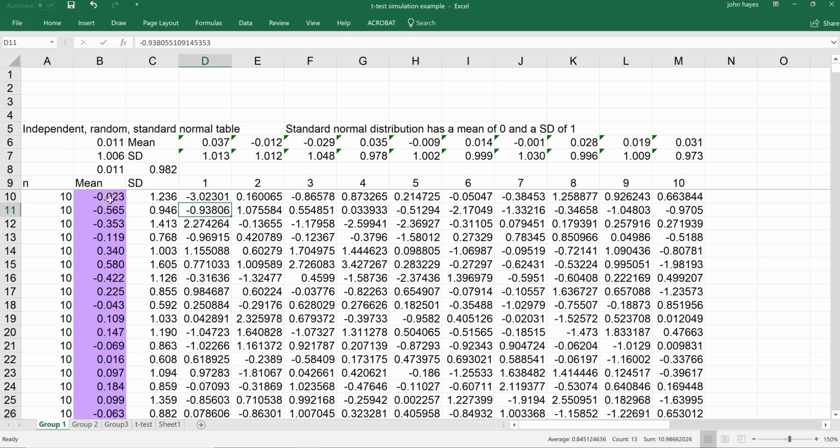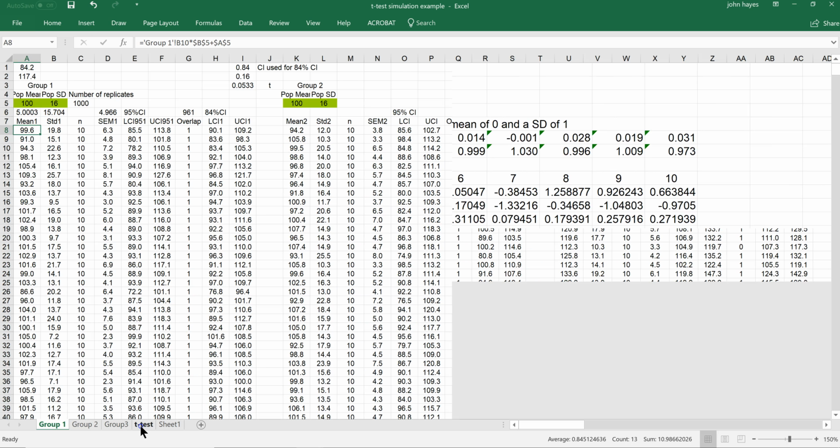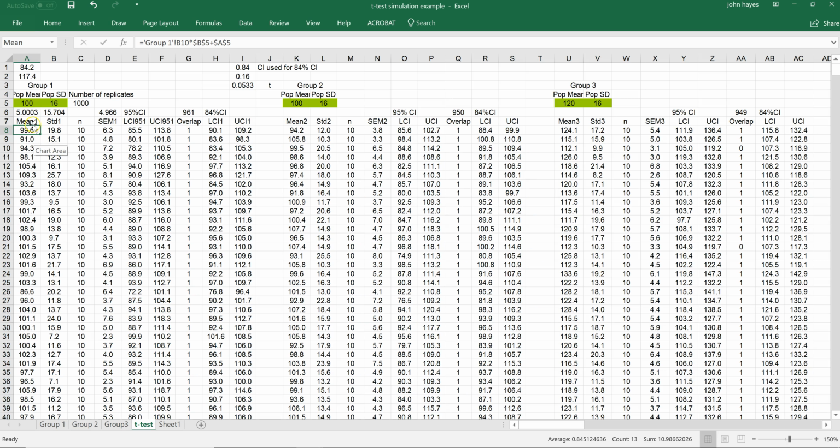So, we can change that. So what we've done here is we've said, okay, I'm going to adjust this number by multiplying it times B5. So I'm taking that minus 0.23, I'm multiplying it times B5, which is the standard deviation of 16,